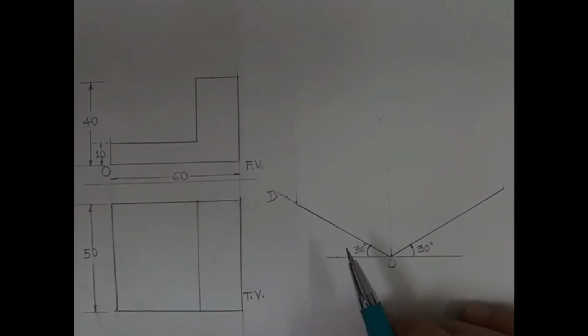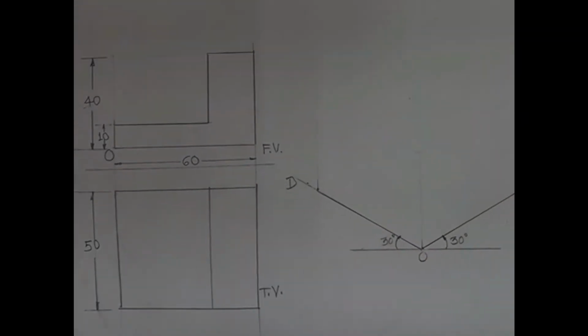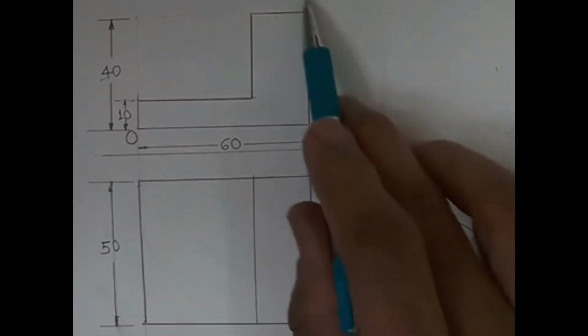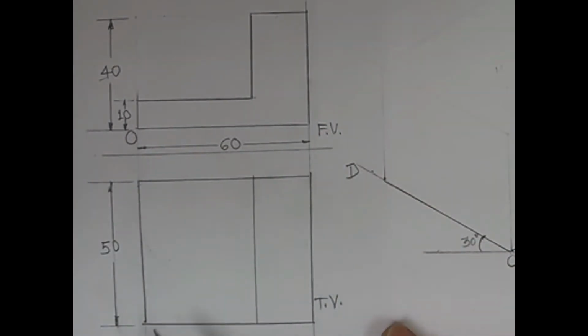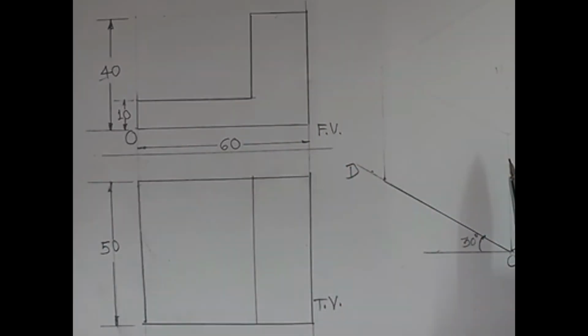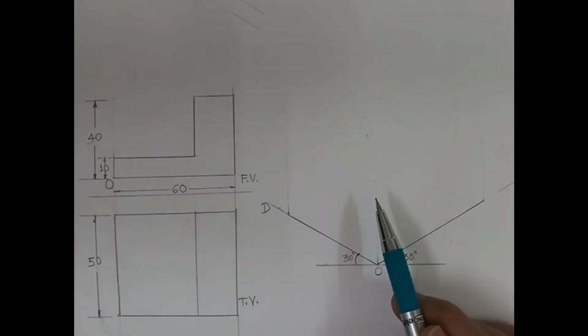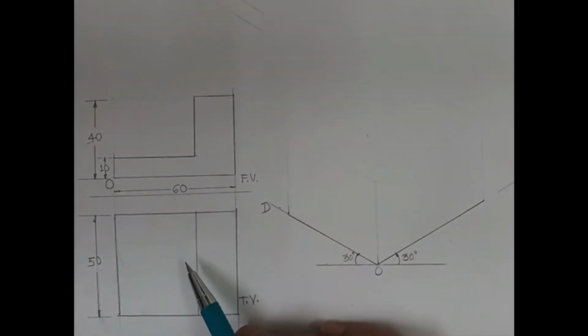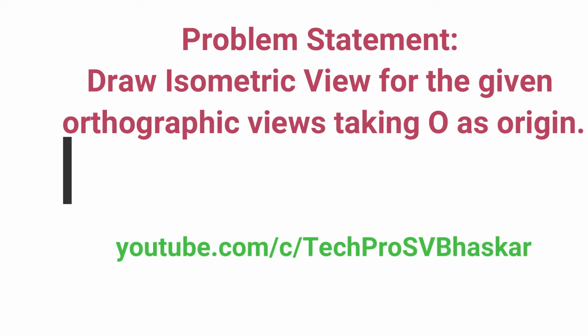Now in this case we are going to solve this problem on isometric projections. These are the given views of the object. This is the front view of the object and this is the top view of the object. So as we see here, we have to convert these orthographic projections into isometric view. You can refer to my previous video where I constructed a box-like structure with the given front view and top view. Now the problem statement may be something like this: draw isometric projections for the given orthographic projections